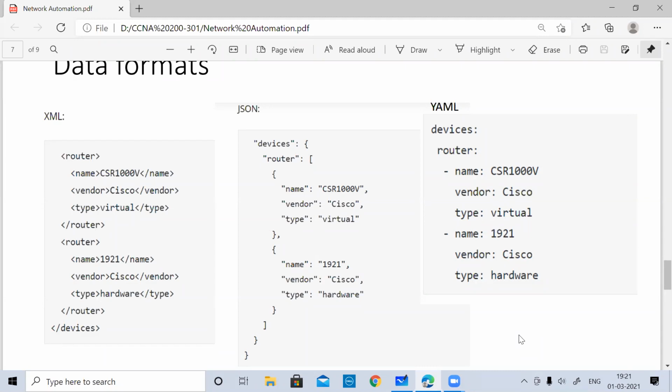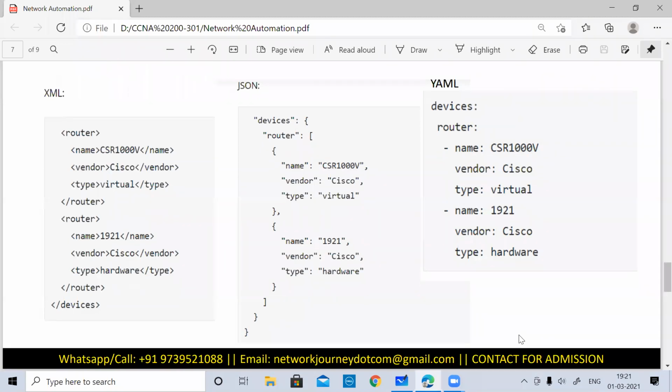Now here is an example in XML. You will see that the commands in XML look like tags. These are the greater than and lesser than signs, known as tags, HTML tags. You always have an opening and a closing tag. So you will find that router is a tag which is used, and then there is a name, and then you have to end with the same tag. You need to start and end with the same tag.